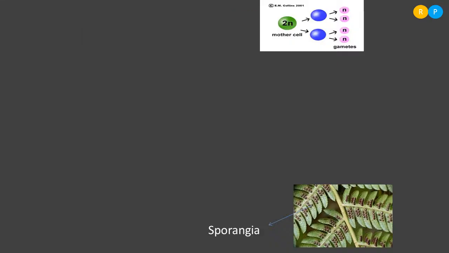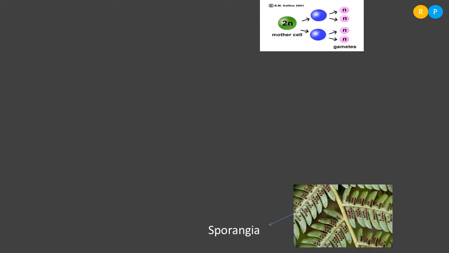Yes, children, we call the main plant of pteridophyte a sporophyte because the main plant produces spores. For the formation of spores, the receptacle will be present on the surface of the leaf. Those receptacles are called sporangia. The leaf that bears sporangia is called sporophyll. Clear? You can clearly notice the structure of sporangia, children, on the screen. At the bottom of the screen, I have displayed the diagram. There you can notice the sporangia. These are actually receptacles meant for the formation of spores.